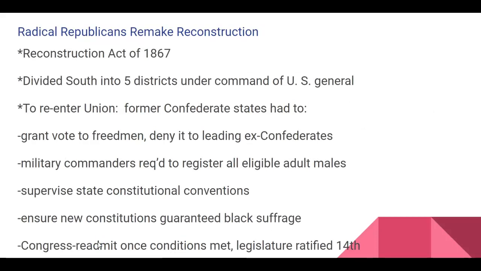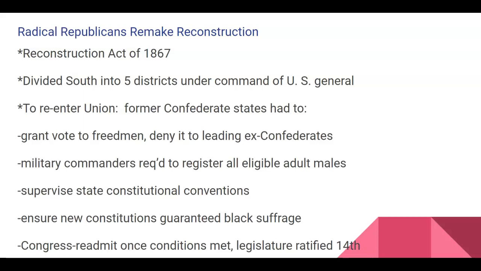So the Reconstruction Act of 1867 divided the South, and this is radical. This is very radical, and Thaddeus Stevens was the poster child for this. They divided the South into 5 districts under the command of a U.S. general per district. So there were 5 U.S. generals who were functioning in these 5 districts. To re-enter the Union, the former Confederate states had to grant the vote to freedmen and deny it to leading ex-Confederates. Military commanders were